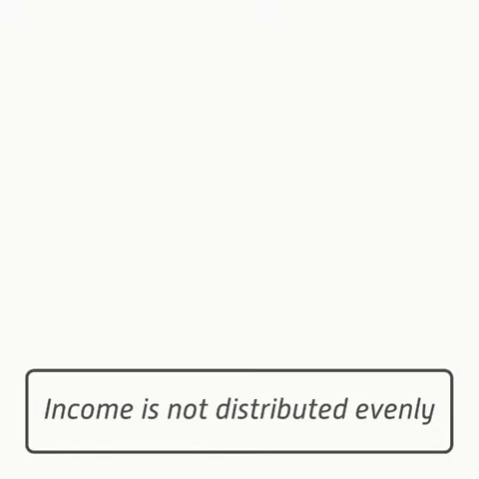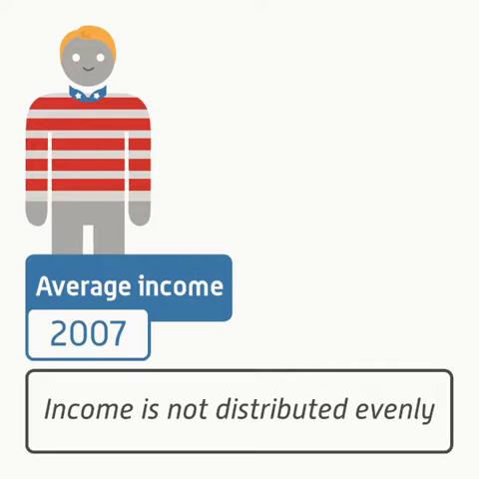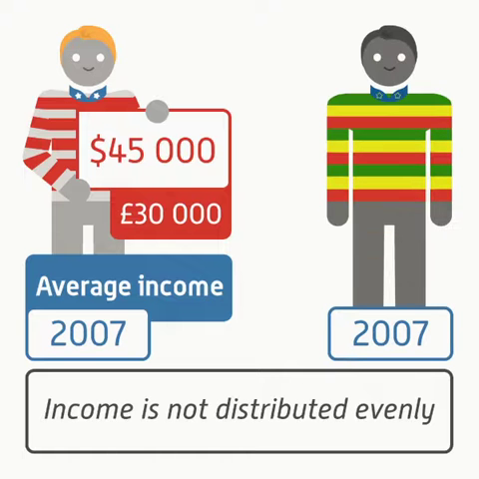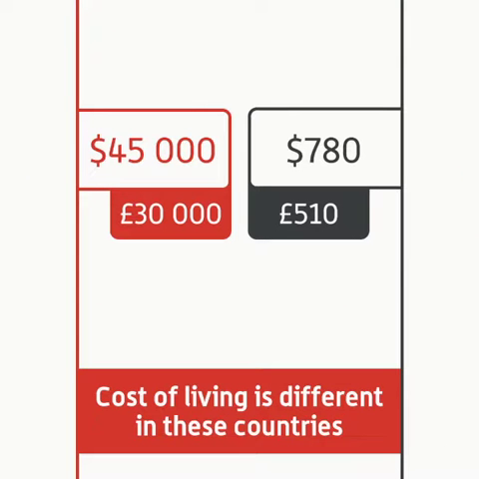Here's an example. In 2007, in the USA, the average income per person per year, not just for workers, was $45,000, or around £30,000. In Ethiopia, in the same year, this figure stood at just $780, or around £510. Of course, the cost of living is very different in these countries, but that is a